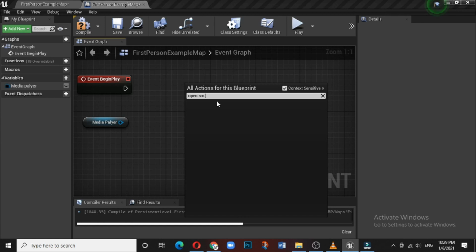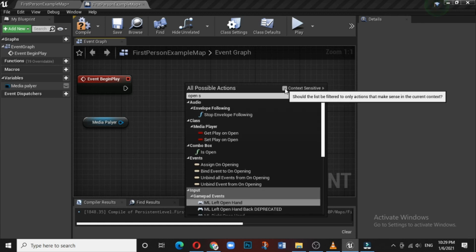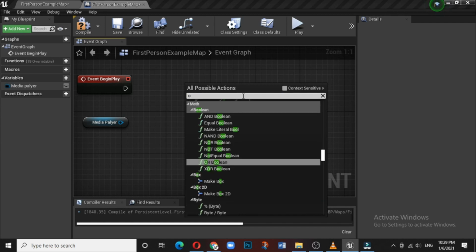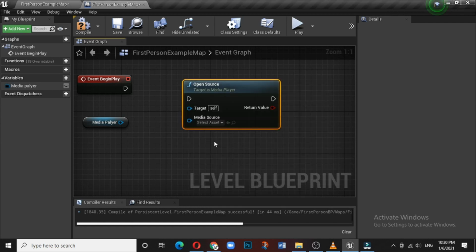So it is not coming. So in that case, what you have to do is unselect this content and write source. Here is this open source. Fine. Connect.